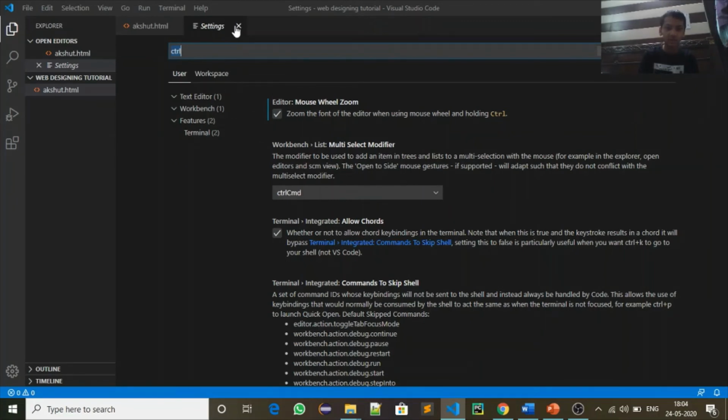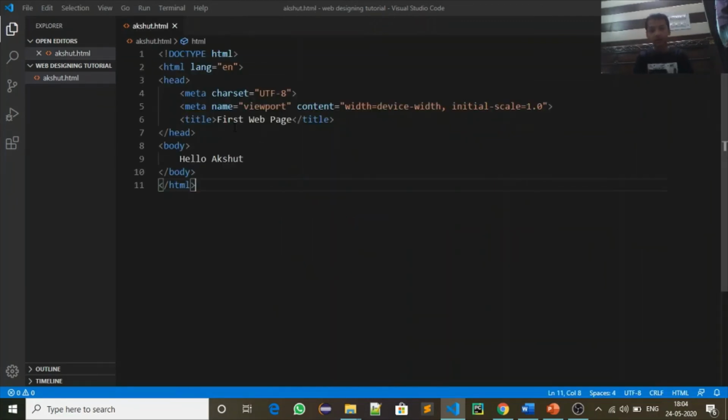So this is one of the hotkeys and easily accessible keys. I have done this for another thing, copy line below. So when I select this line and do Control D, it will make the same line below it.